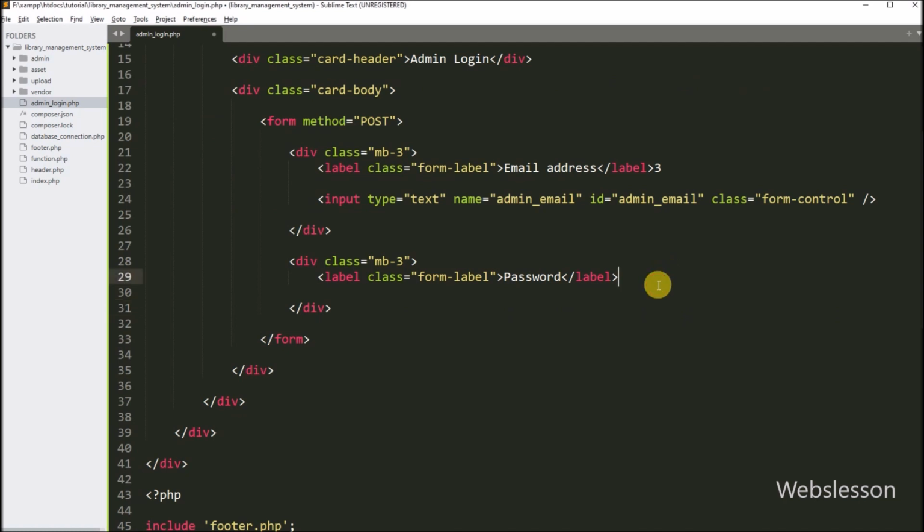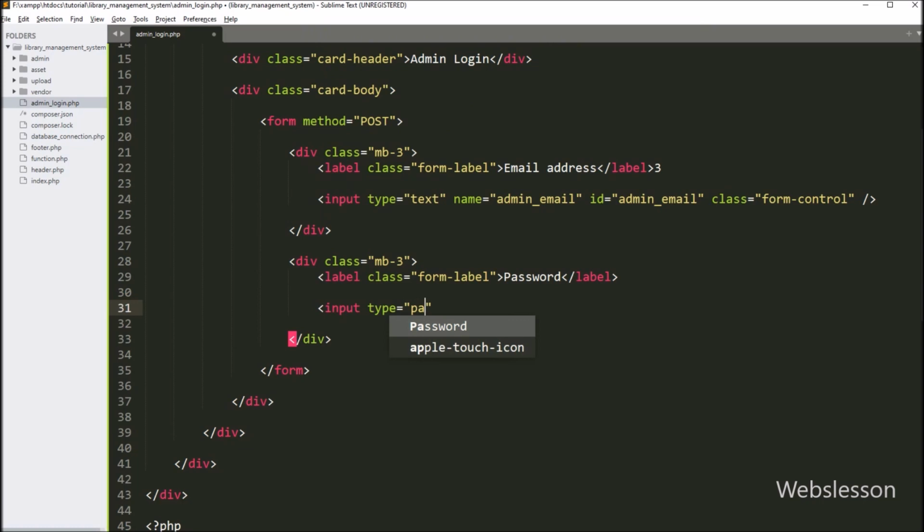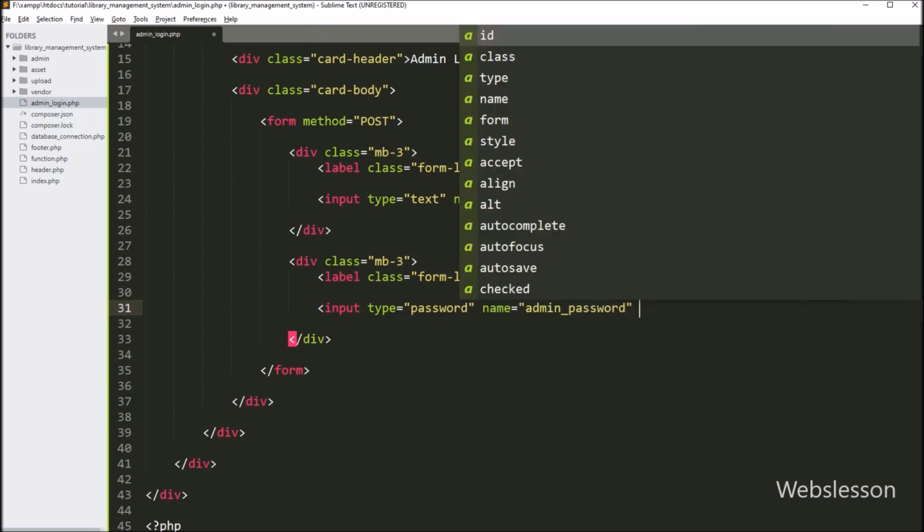And same way, to enter admin password detail, here we have created one input type password tag with name equal to admin password, and id equal to admin password.